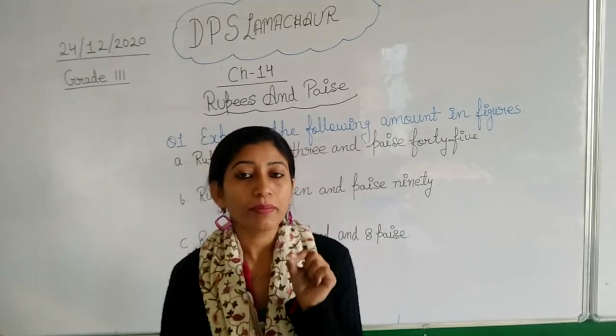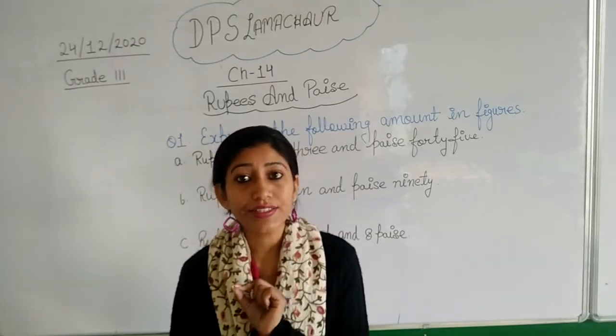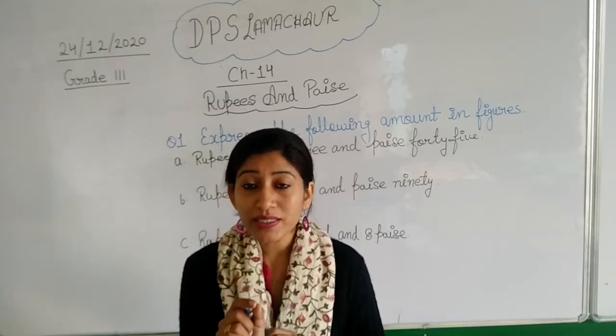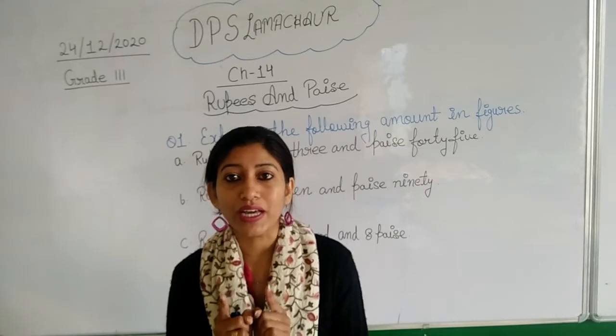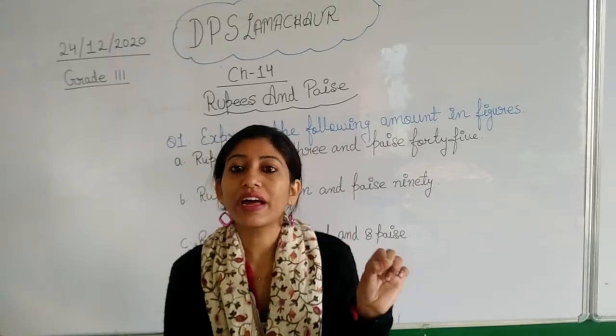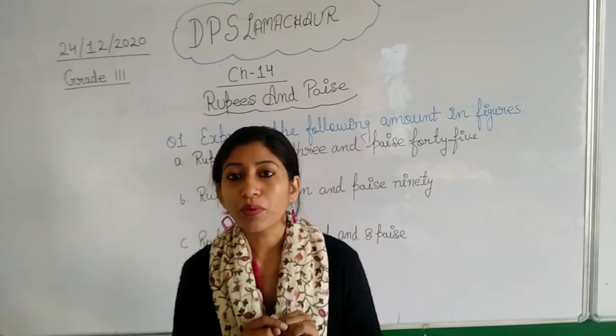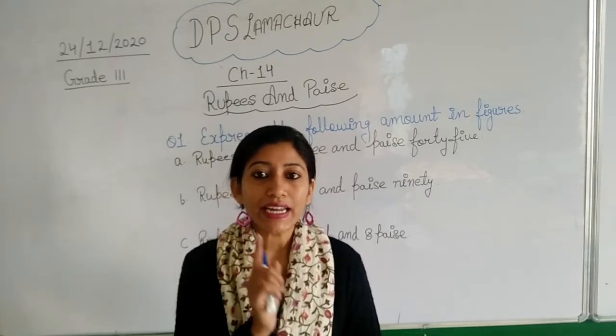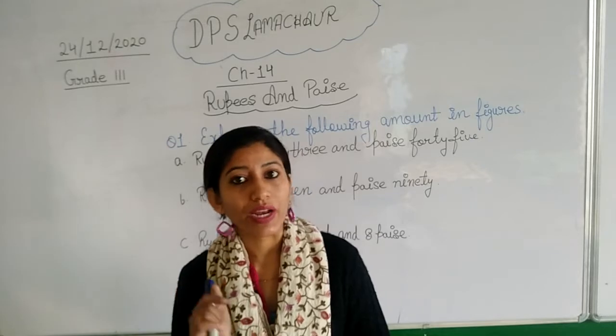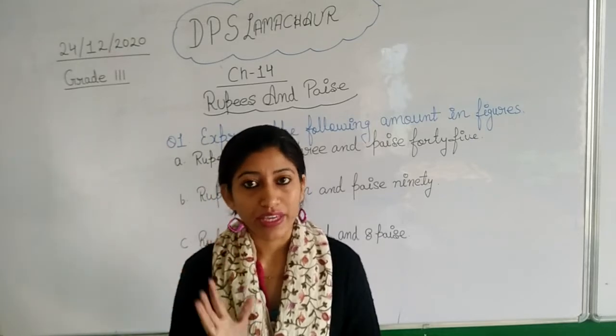In that question, because it has asked about words, words means spellings. So there what do we do? The number that is given to us, that number we write in a spelling form. Suppose it is written 25. Then how did we used to write? TWENTY 20 and FIVE 5.